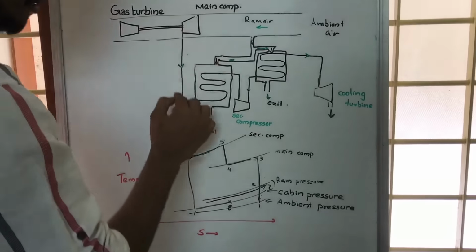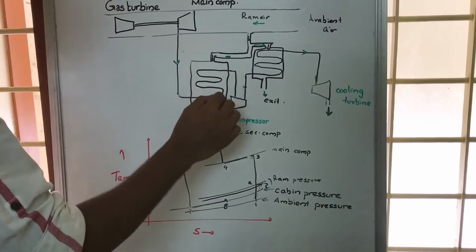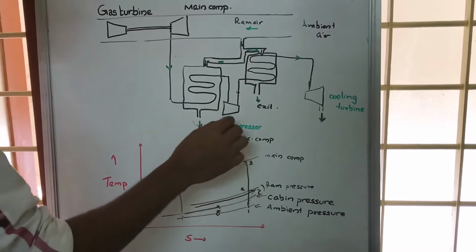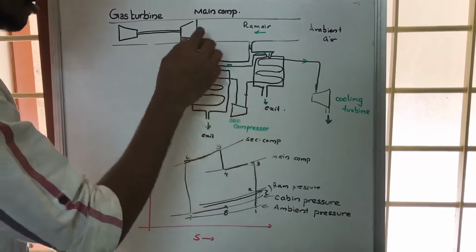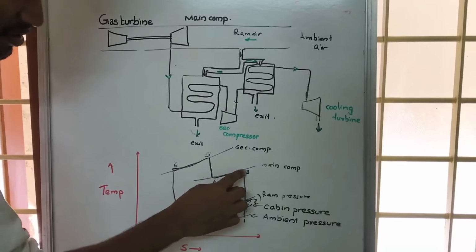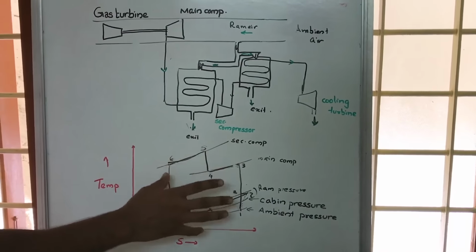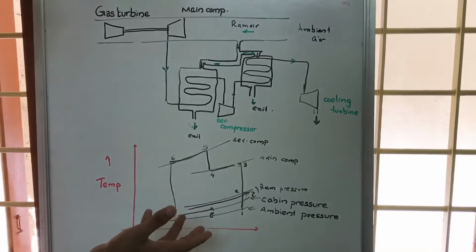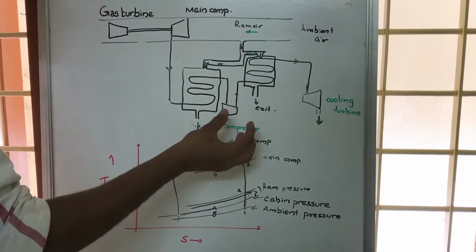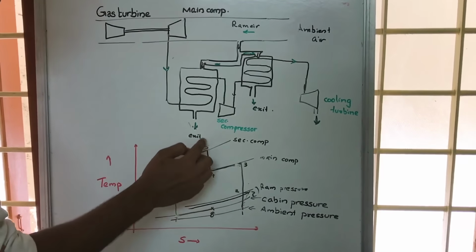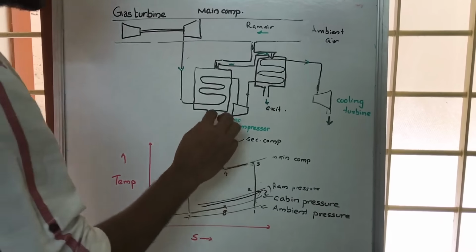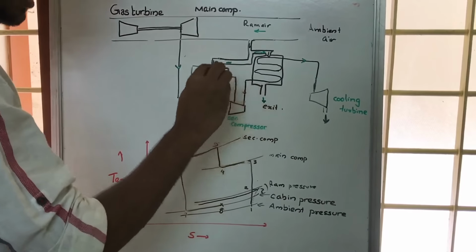Now the compressed air, which is now somewhat cooled, again passes through another compressor, which is the secondary compressor. So in the heat exchanger, it undergoes a heat exchanging process. That heat exchanging process is 3-4, and it is a constant pressure process because there is no expansion or compression of air. After that, it enters the secondary compressor. In the secondary compressor, it undergoes process 4-5, and this 4-5 is a compression process. So after compression, again,